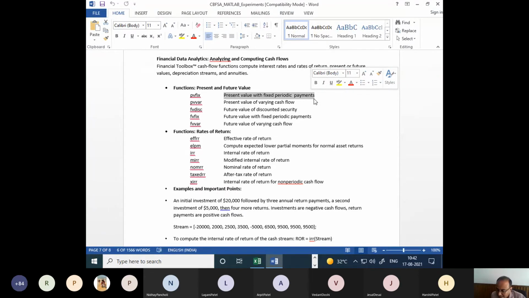You might have heard the name SIP. Heard the name of SIP? Please tell yes or no. Yes, yes, yeah. What is its full form? Oh, that I don't know. It is a systematic investment plan. Many mutual funds today are propagating this term.